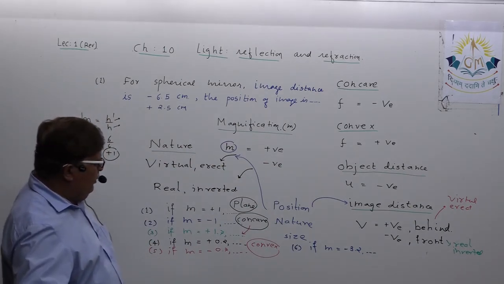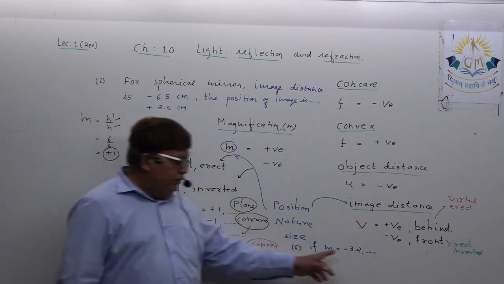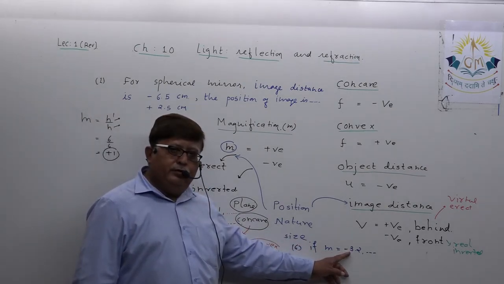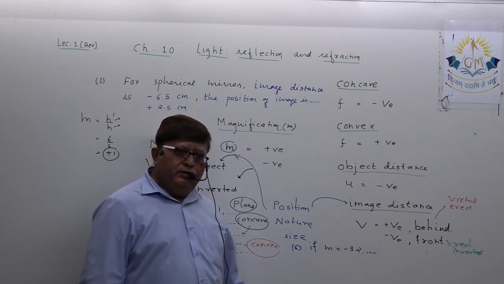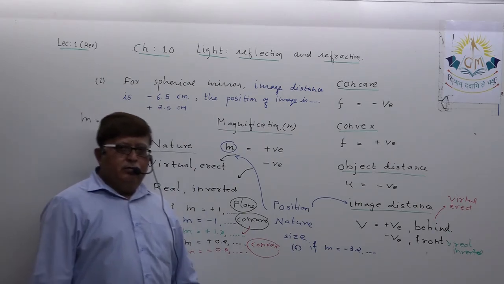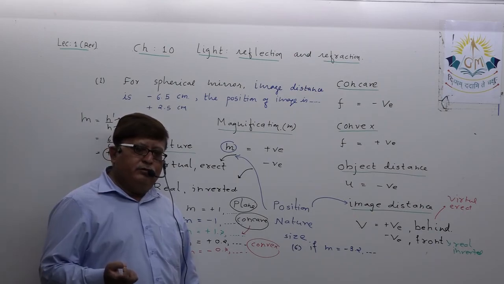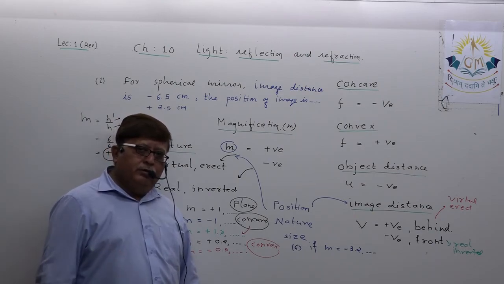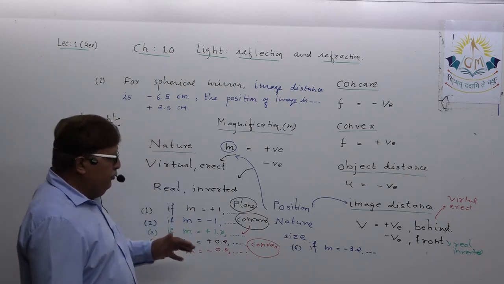The image will be, because negative, real inverted, greater than 1, that means larger. The image type is real, inverted and larger. Which mirror can produce this image? Only concave mirror. Is it clear in your mind? This way